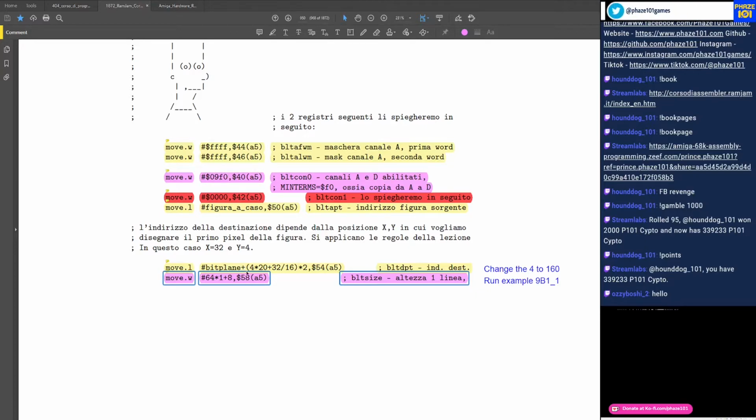I mean, the Amiga right now is a small screen, but you can tell it is not in the upper right hand corner where we're copying. We are copying in line 4, so 4 times 20, and we did plus 32 over 16 times 2. So we are copying on line 4, in